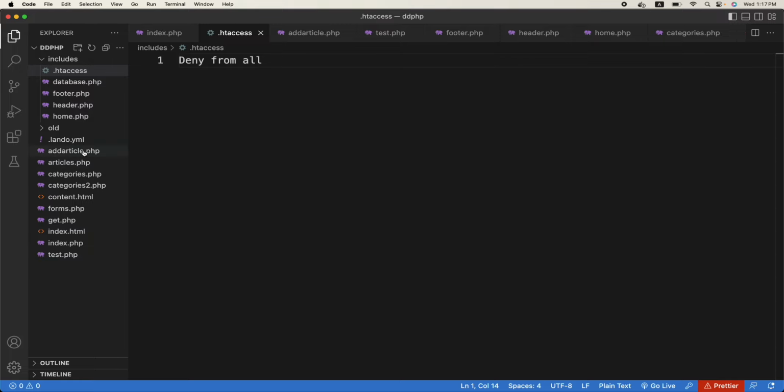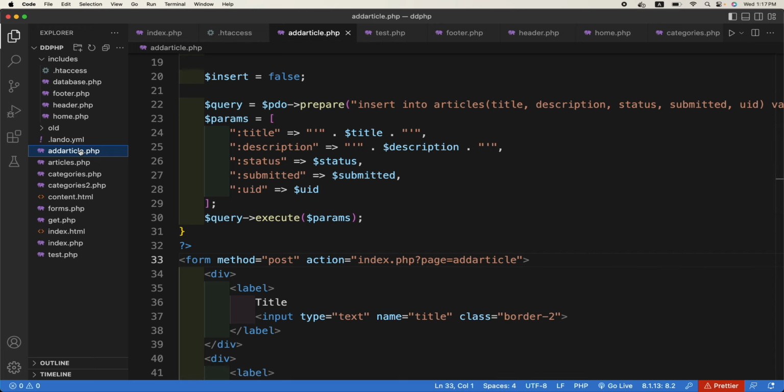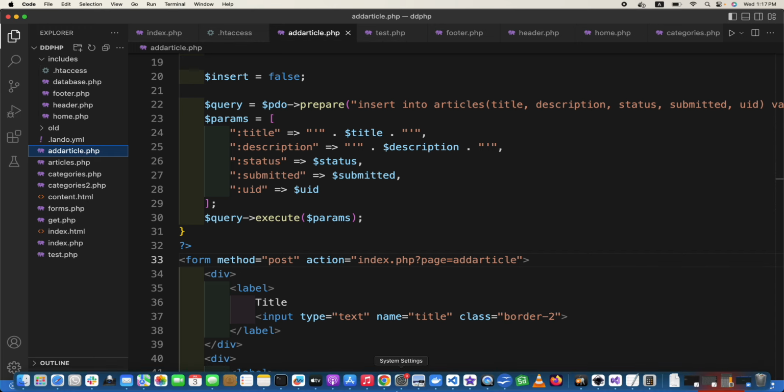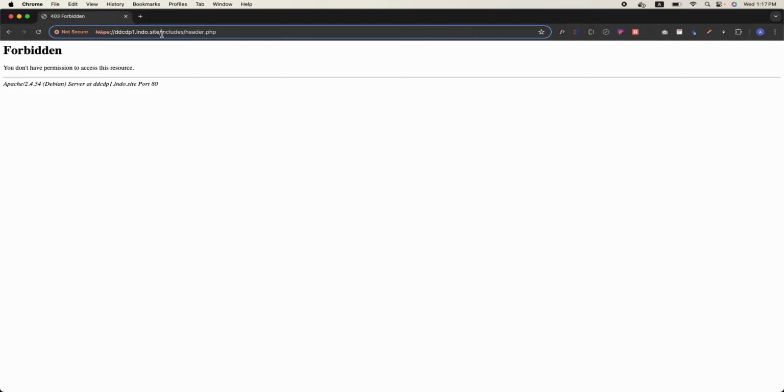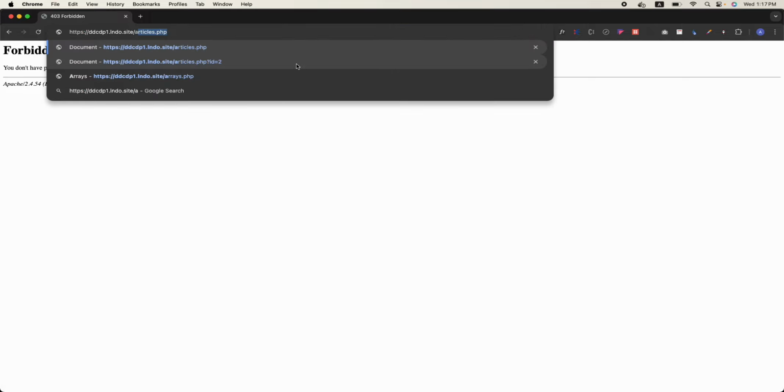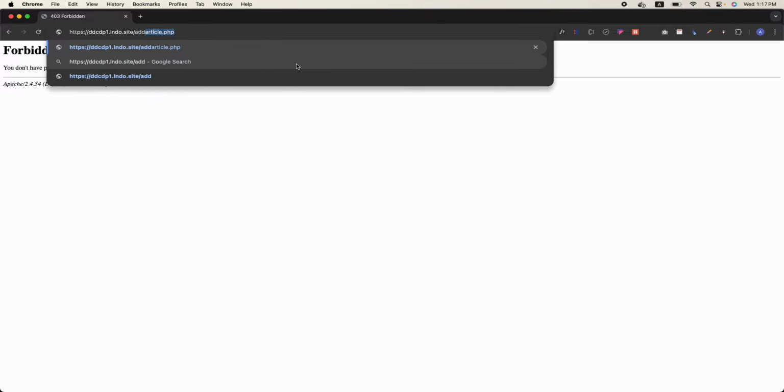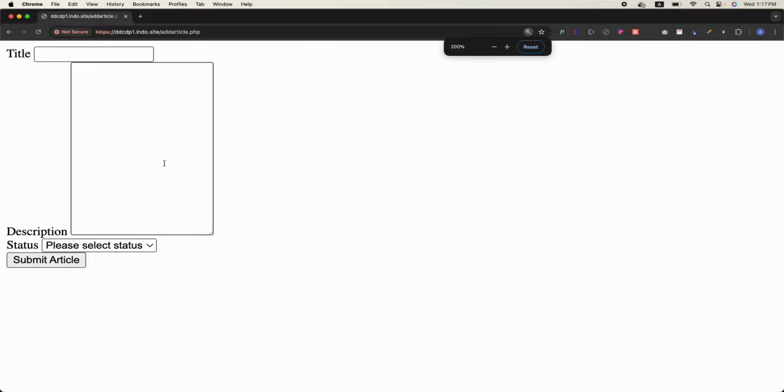Okay, now let us go back to add article.php, and if you remember we can directly access it as well. So for example, add article.php, and this is that form. But we don't want to access it directly. What we had done, if you remember,